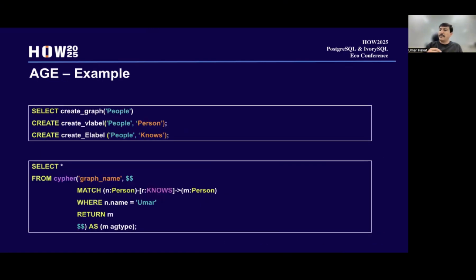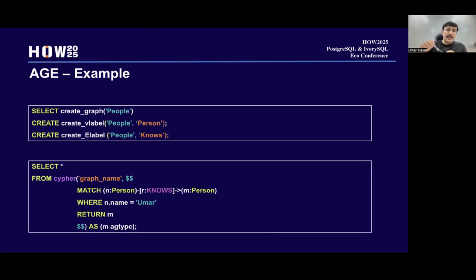Let's take an example. Because this is an extension, most people know that right now there is no pluggable or extension-level support to change the query syntax at the grammar level.